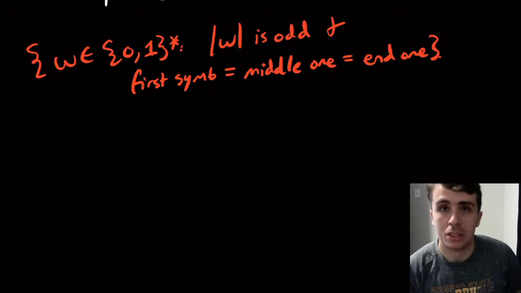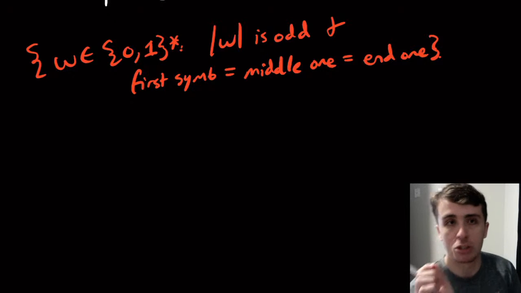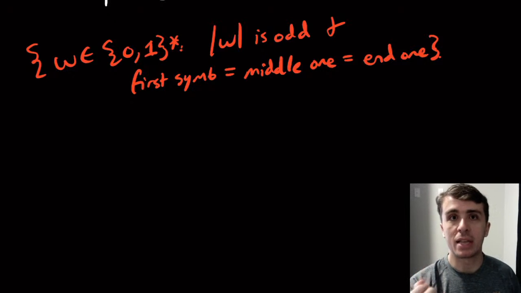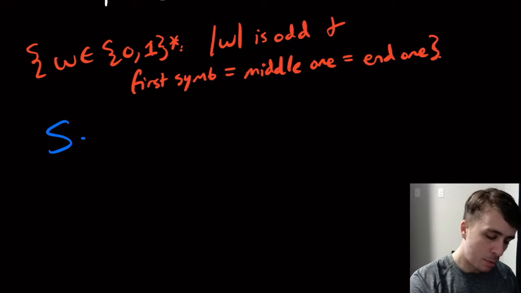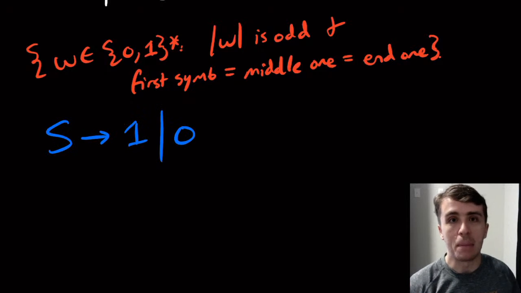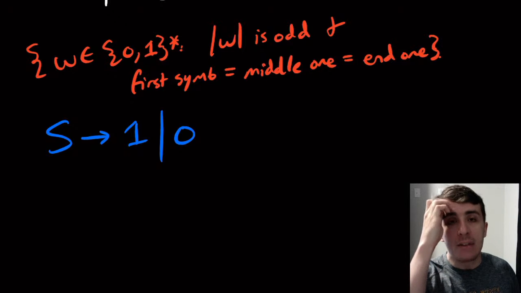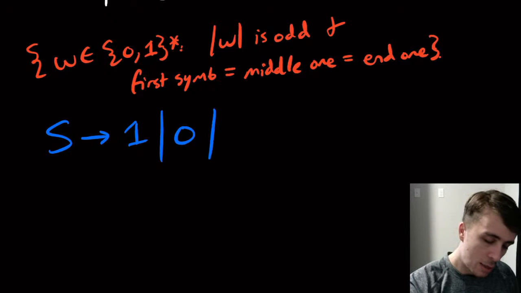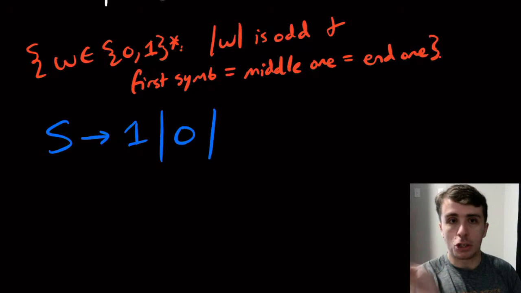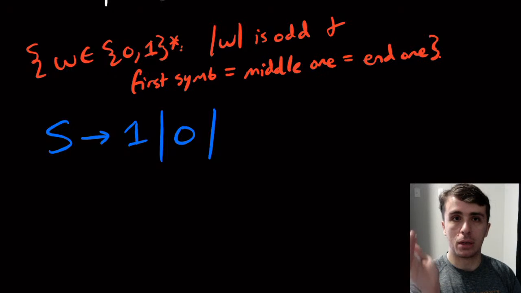inductive versus base cases. What is the smallest string that we can have here? Since the length of w is odd, the smallest string we can have is of length 1. So if we just make the two strings of length 1, that covers that immediately. Now we have to figure out the inductive cases. The inductive cases are either it starts with the 1 or it starts with the 0. So if it starts with a 1,